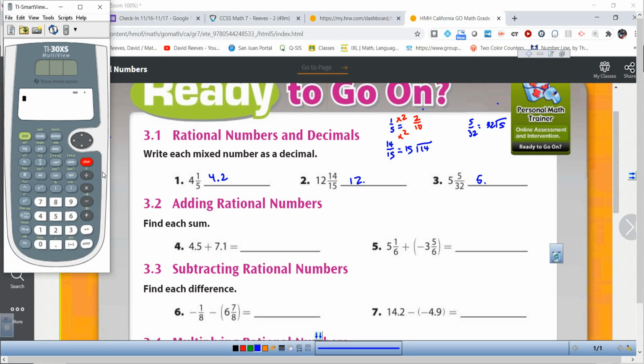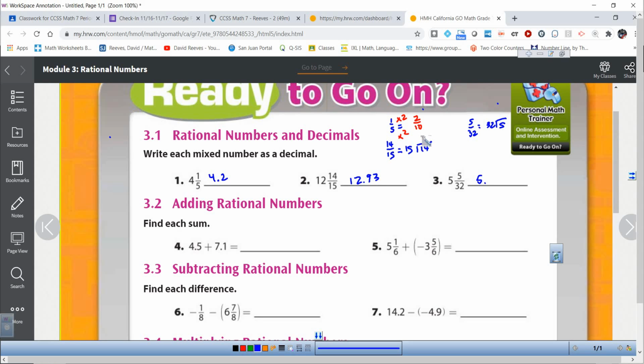All right, so I'm going to use my calculator here, and I'm going to do 14 divided by 15. Now, before I even get my answer, I know that this has to be smaller than 1, right? Because 14 is less than 15. And when I do 14 divided by 15, I get